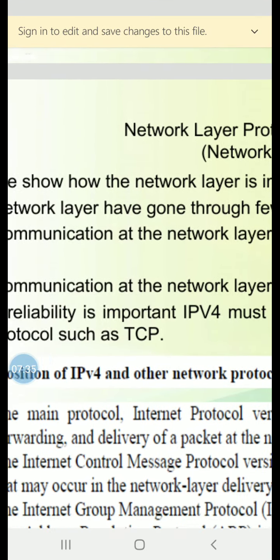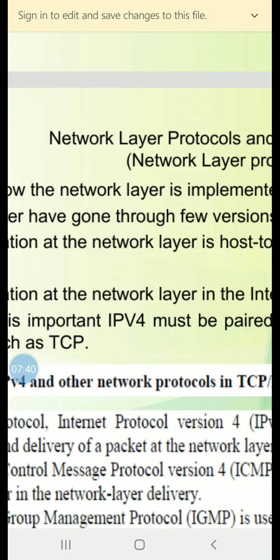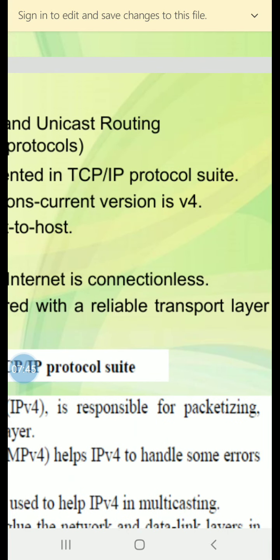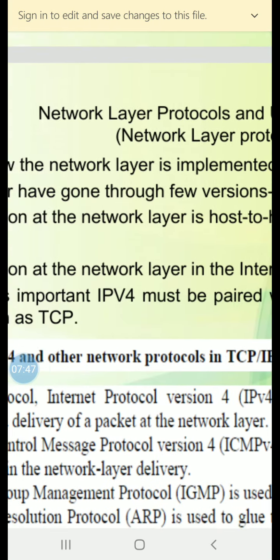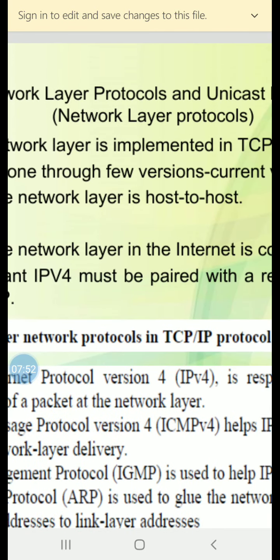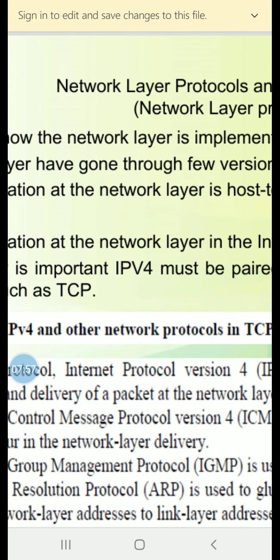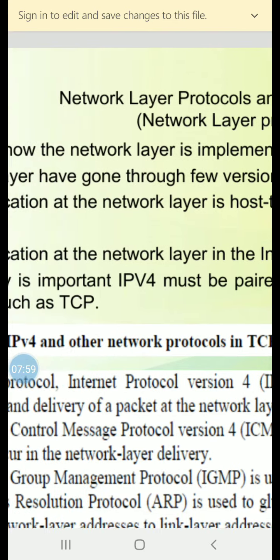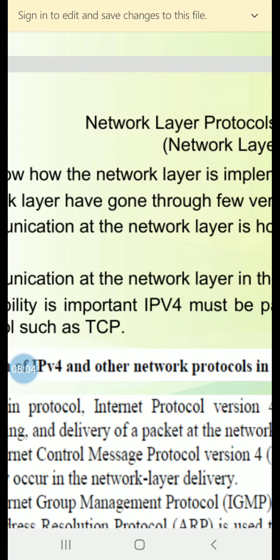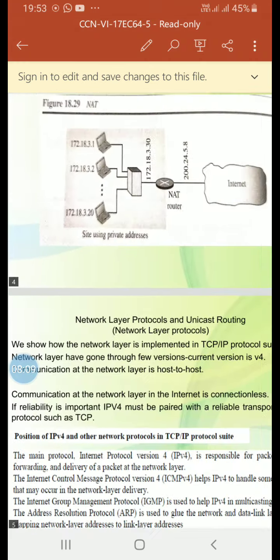We'll discuss about Internet Protocol, IP. Here we are going to show how the network layer is implemented in the TCP/IP protocol suite. The network layer has gone through a few versions, and the current version is version 4. Communication at the network layer is host to host. So we'll see about this. The network layer in version 4 can be thought